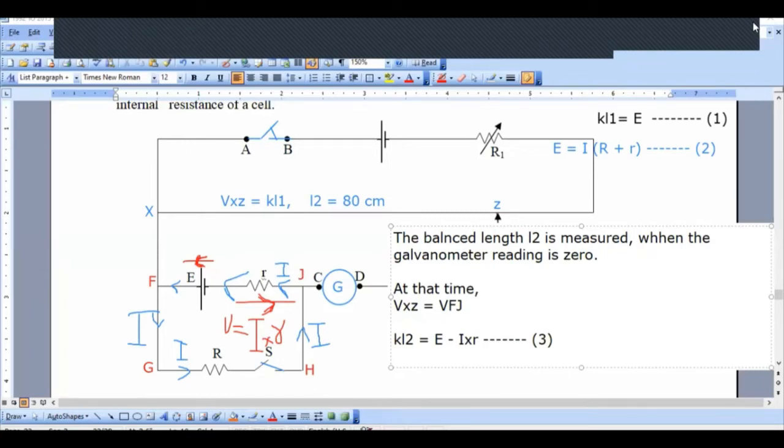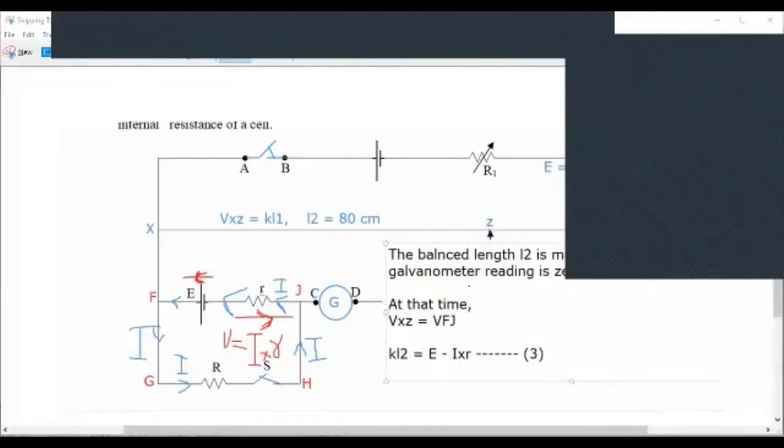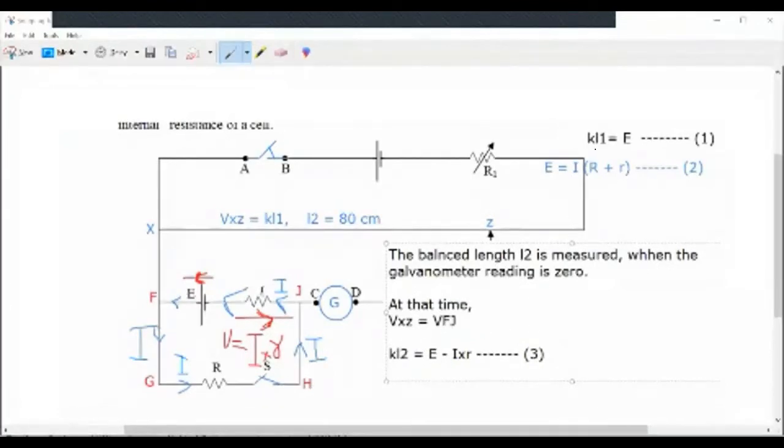So these are the three equations. Equation 1 tells us KL1 equals E. Equation 2, E equals I times (R plus r), capital R plus simple r. Third equation, KL2 equals E minus I times simple r. So we have to use the three equations and find simple r. If you consider equations 1 and 2,